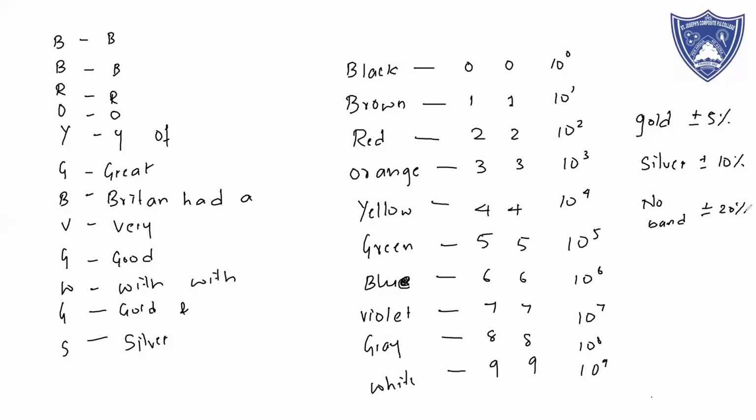Tolerance means, so what do you mean by tolerance? Tolerance means the value of variations of the resistance, either plus or minus. Tolerance is the value of variation. It is varied between, for example, 1,000 to 2,000. That's the variation. Now let us consider one example of a carbon resistor. We'll consider one example so that I can tell you how to get the value. So I will erase this part.